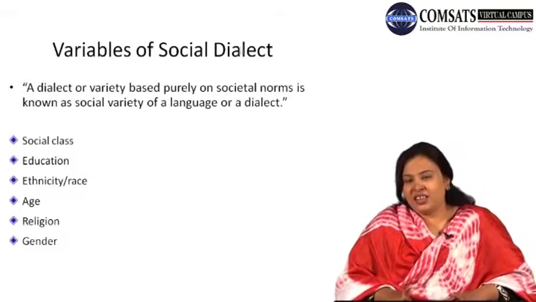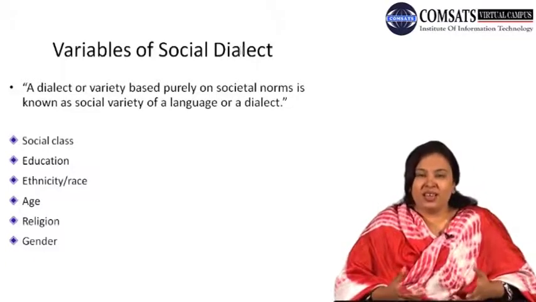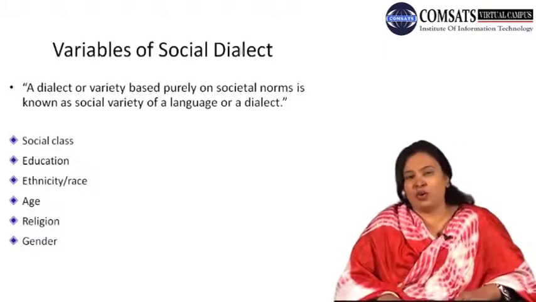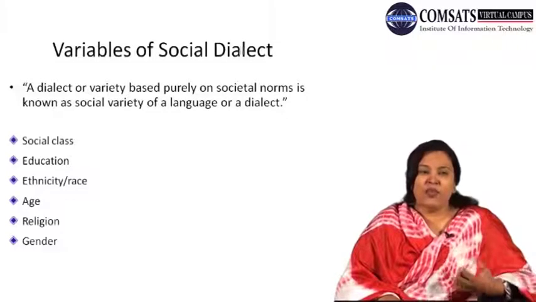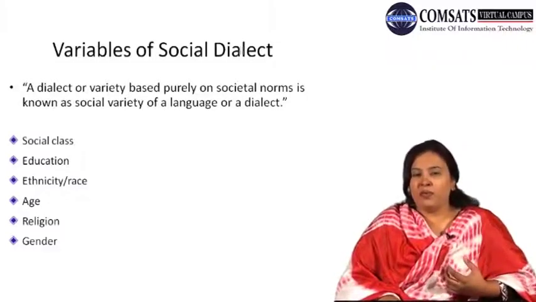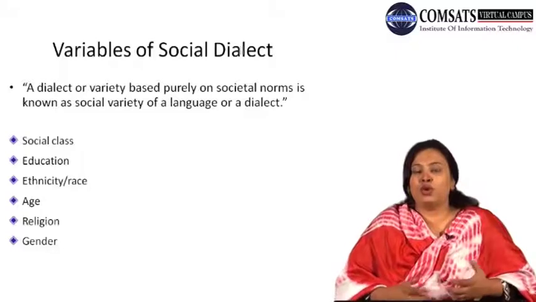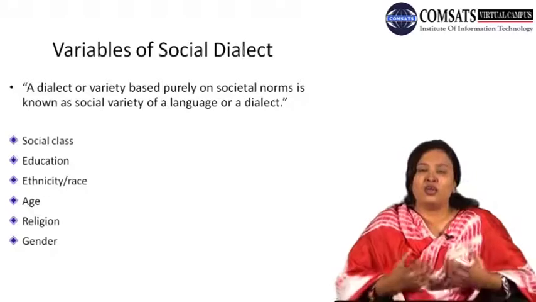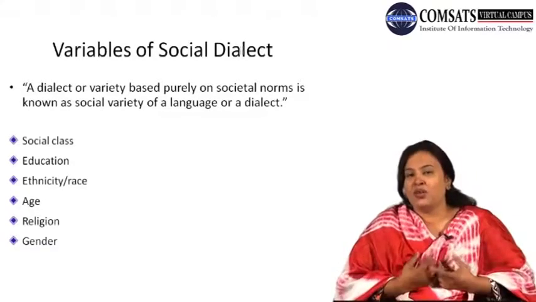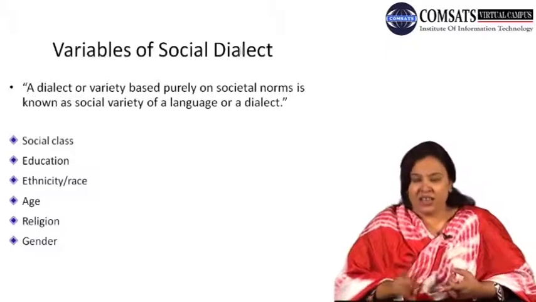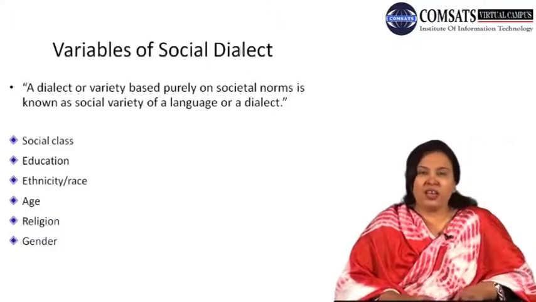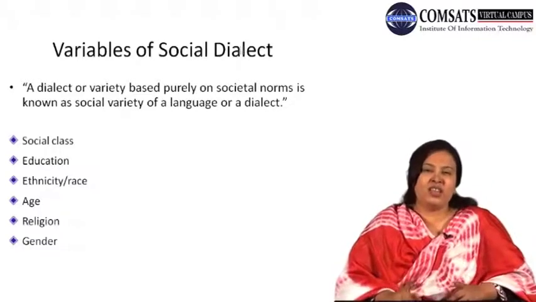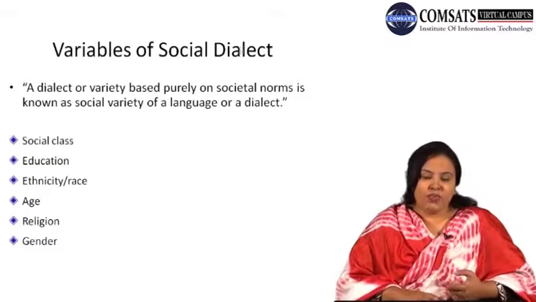The Muslims, Christians, Jews, Hindus, they all have variations in their language, maybe because of the religion. For example, in my religion, there would be words like Allah, Muqaddas, Pakizgi, Taharat. So these are the items of my language related to my religion. In Christianity, they would have the words related to their religion. So we can have a social variation with respect to religion as well.